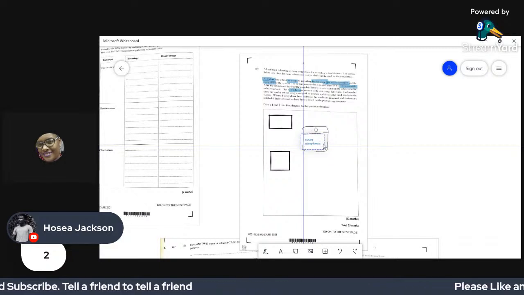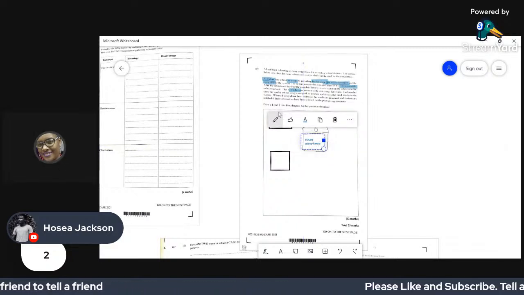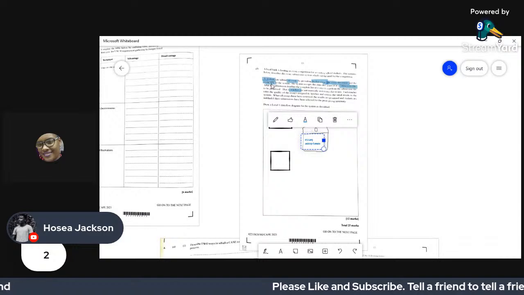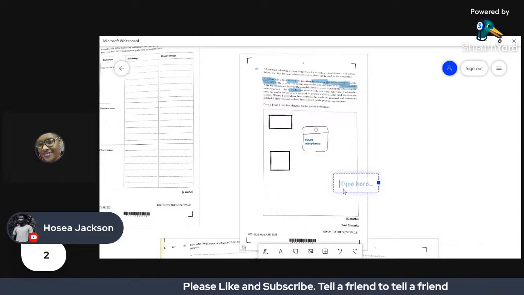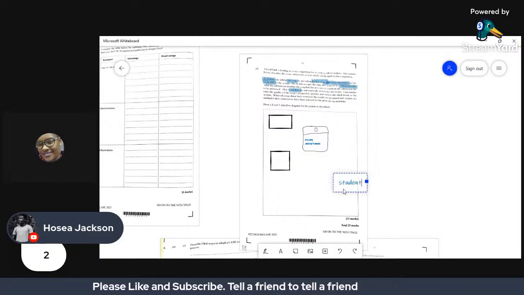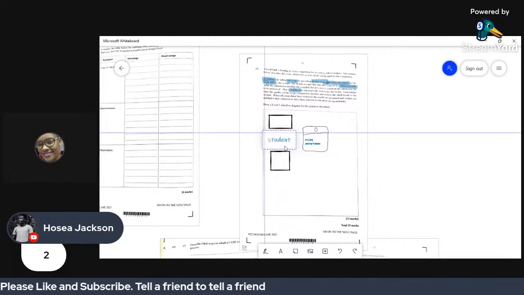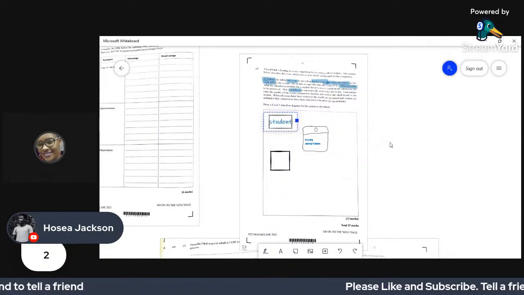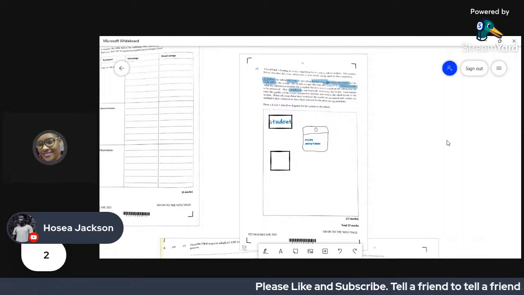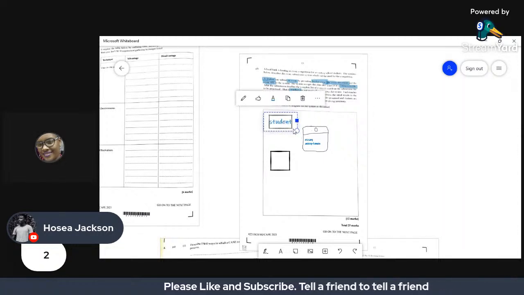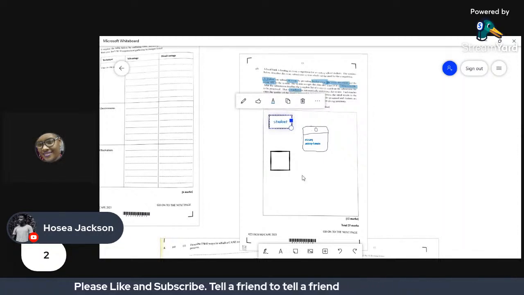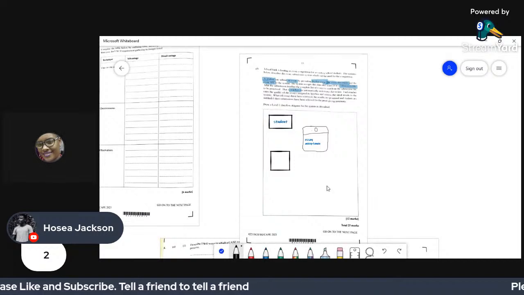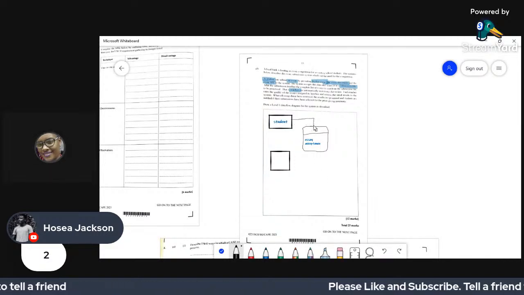Notice here, it says that a student submits the essay. So it means that I'm going to put student in one of the rectangular boxes here. Once you are drawing your level 1 or level 0, please ensure that you have your lines, and your lines must have arrows.